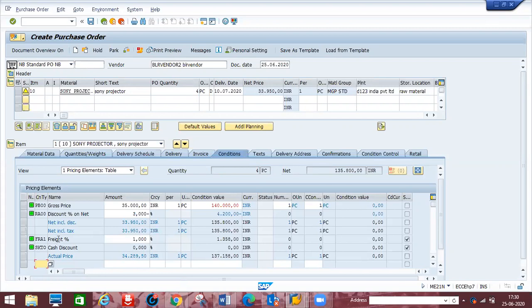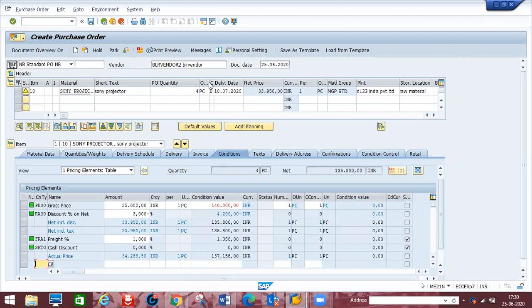The freight charges will not come under the material price; they are additional charges. The system always considers the price after discount here, and shipping charges it will not consider. Now the total cost is